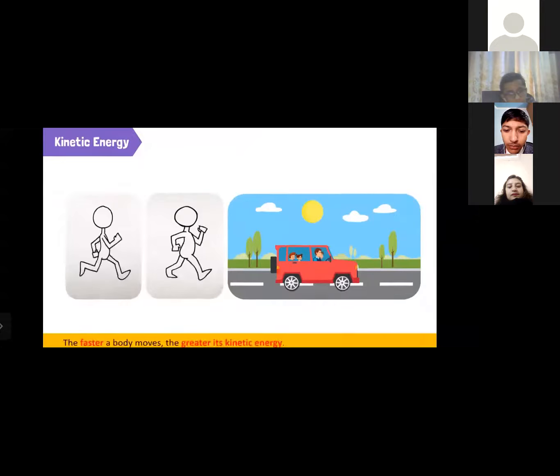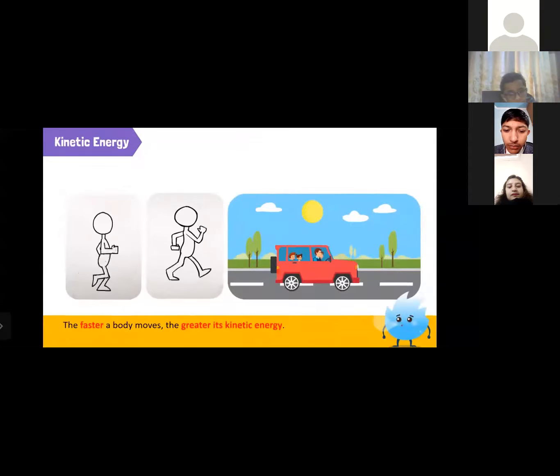See, two men are walking. One is running, another one is walking. So the faster a body moves, with